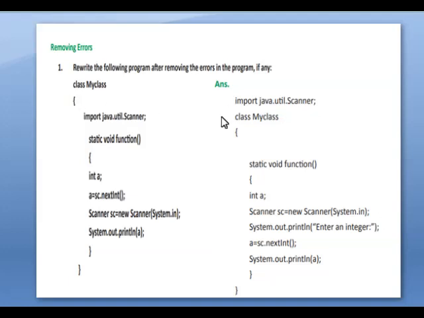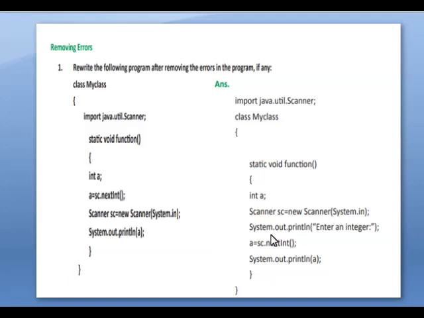Then class MyClass, then open curly braces, then public static void main, then open curly braces, int a. Then you have to write Scanner sc = new Scanner(System.in). We are creating the new object. It is after the declaration of the variable.